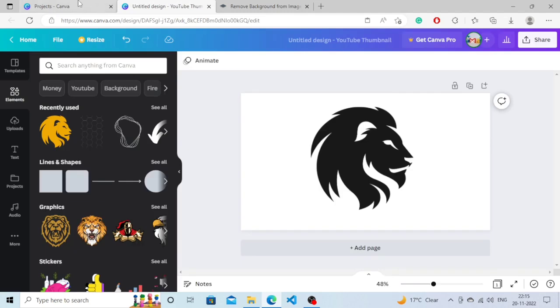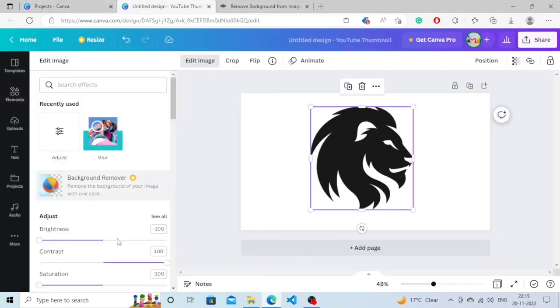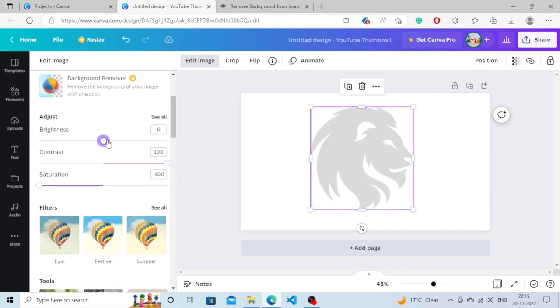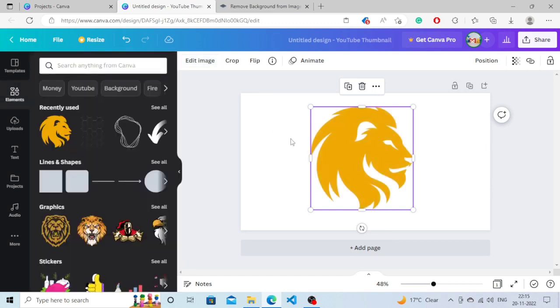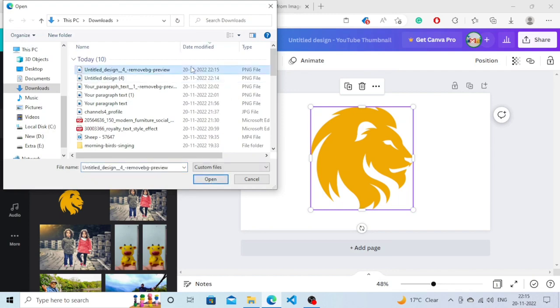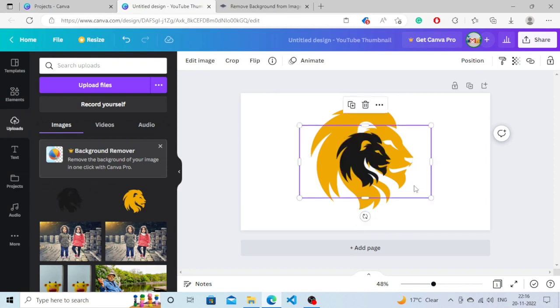And now what we need to do is just make it look like as it was before. Okay, so that color is back. And now what we need to do is upload the file that we have just made, the one which we have removed background from. Open that image. The reason why we made it black is so that it looks like a shadow. Shadow is black, right? So simply select that image,